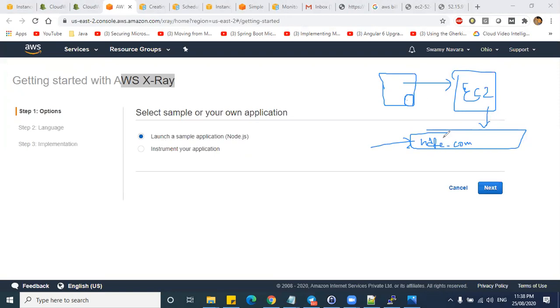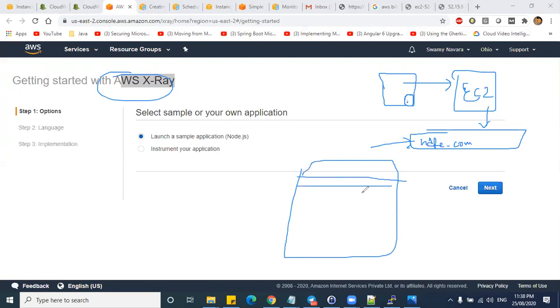Now inside this hdfcbank.com, you have used this AWS custom build. What this custom build will do is, it will give you a report of the overall usage of the user, how much time the user has stayed in different pages. Say for example, there are a lot of services, e-commerce pages there. In e-commerce, which users are staying more in which page, what exactly they are doing. Every minute metric will be monitored using this custom build.